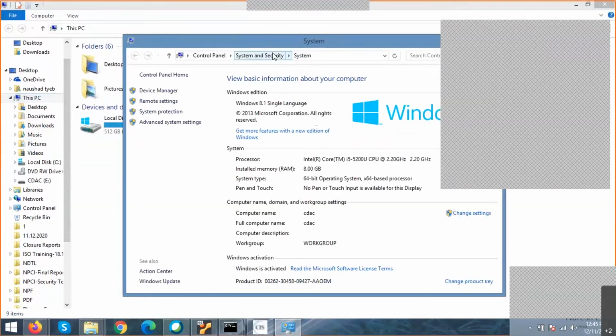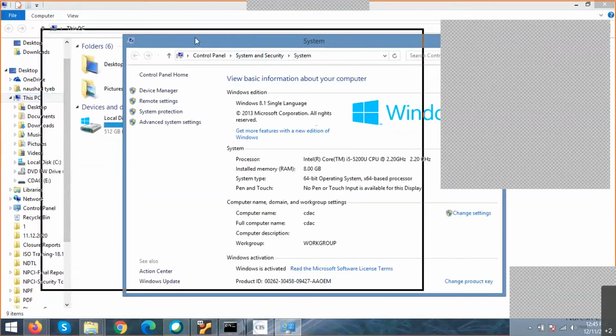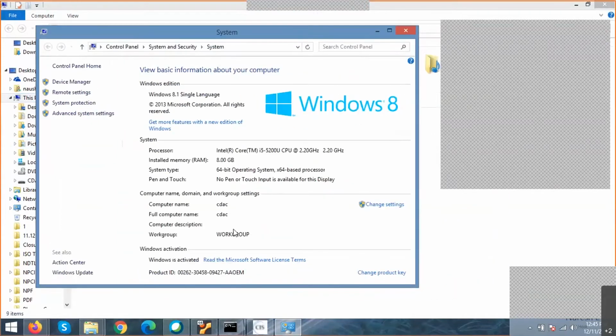Here, what is my workgroup? I'm using my home PC, and the device is my home device. Here you can see my group is WORKGROUP. That means my PC is not centrally controlled by any domain authentication, domain users or domain server. It is simply connected to the network. But I hope all your PCs are connected in the domain.